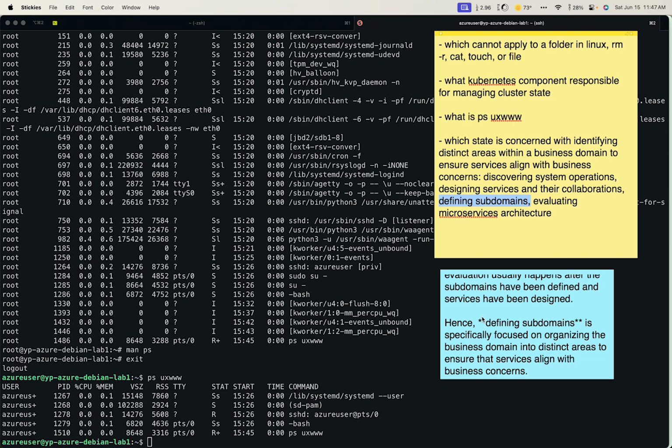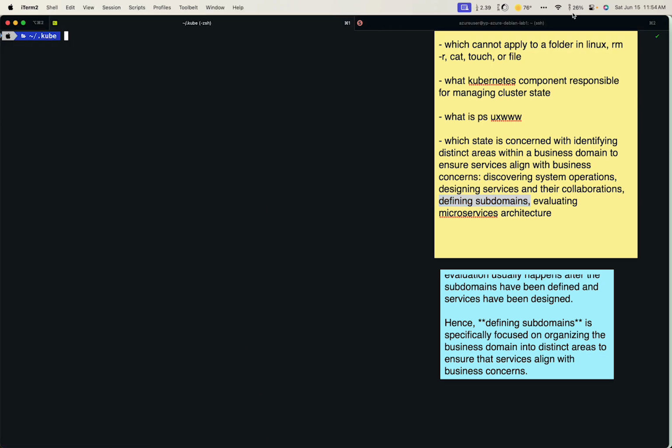So like I said, a lot of Linux questions, a lot of Kubernetes kubectl questions, and microservices questions. And then I'll have another video later that goes over the bash problem that I had to solve as well, and that was related to writing a bash script to update a Kubernetes config file. So I'll have that a little later.